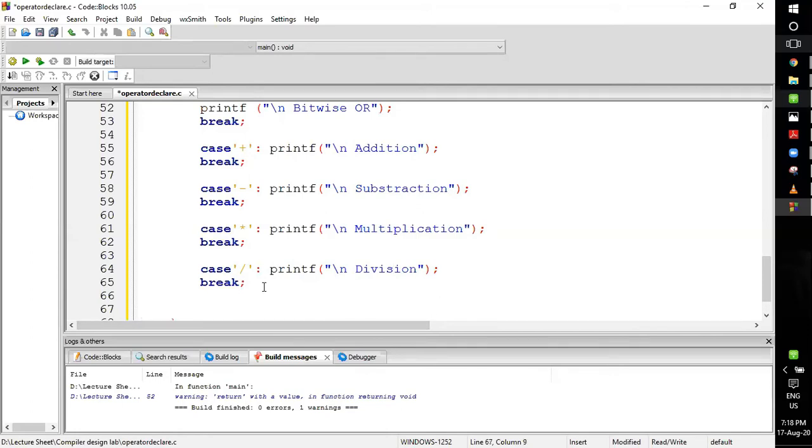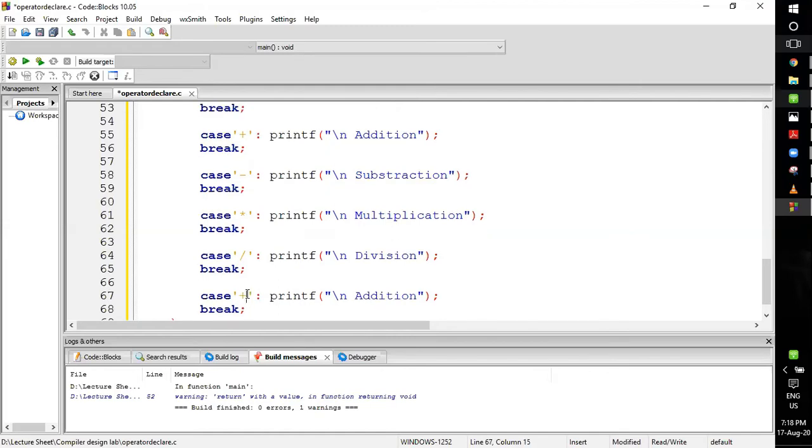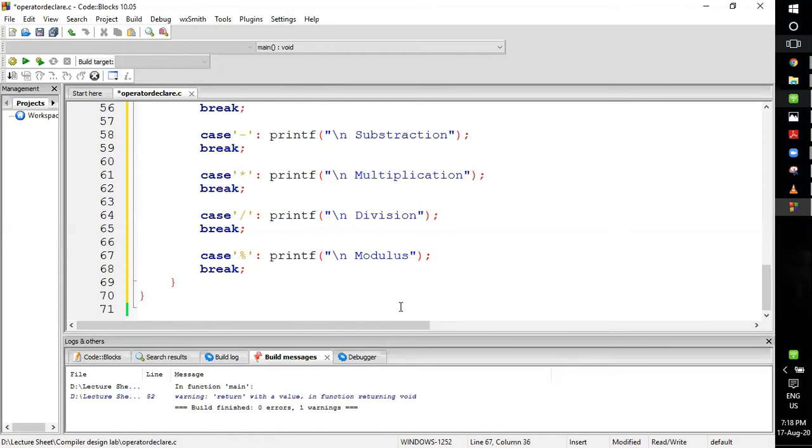And lastly, we have the modulus symbol. Okay. So I have given all the possible cases in this program.